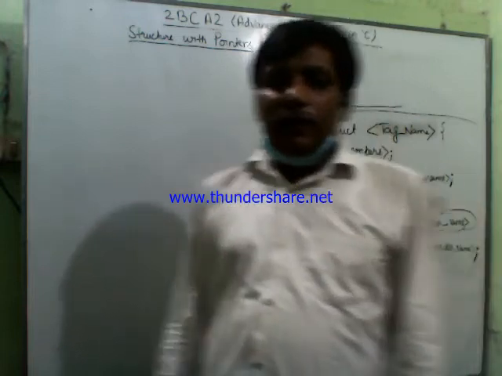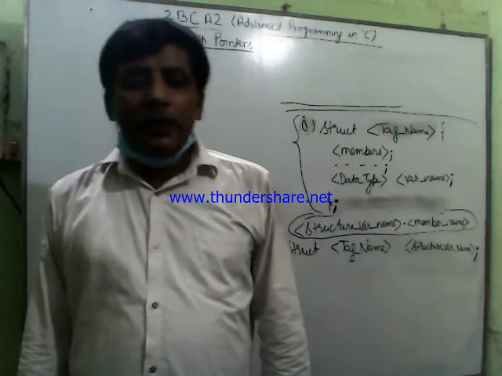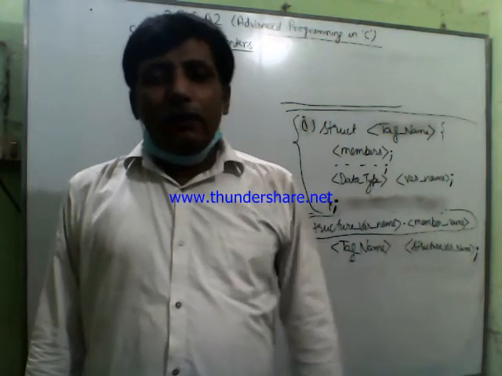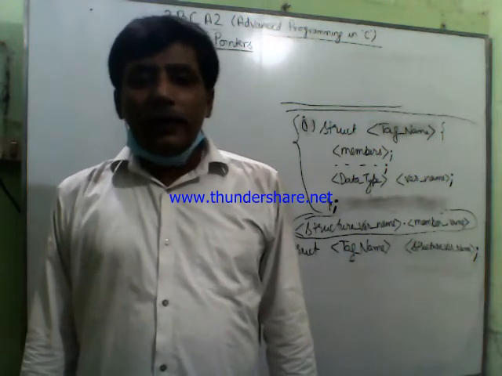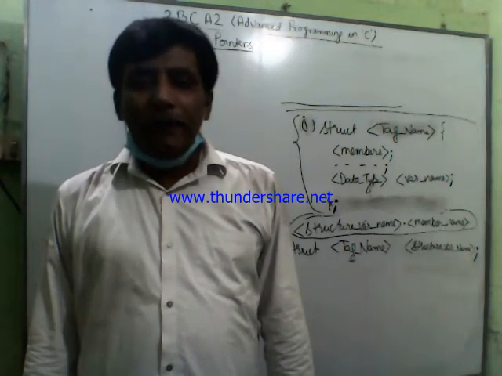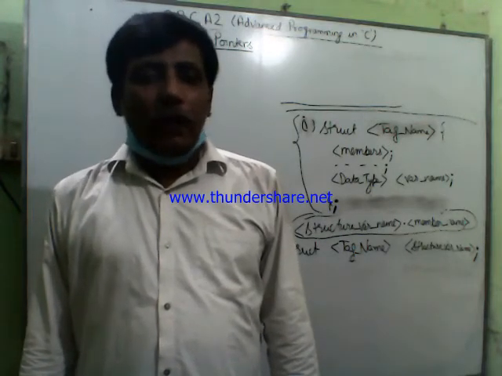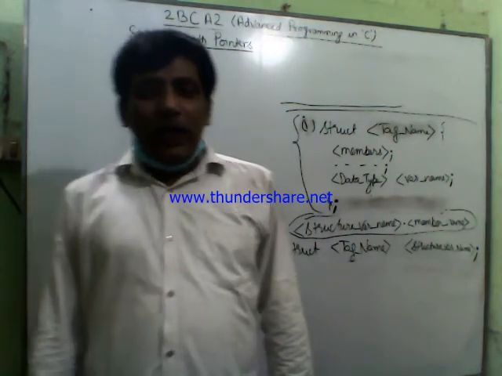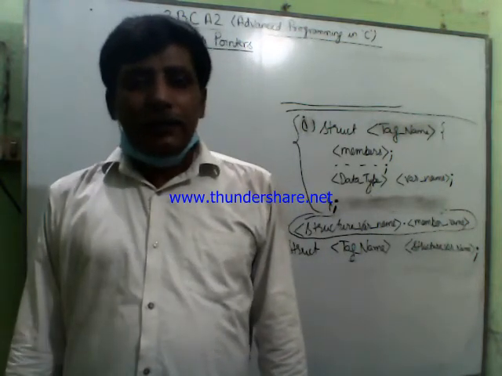Suppose you have to store a value like 15 to represent the roll number of a student. Then 15 is an integer quantity. To hold such a value during the execution of the program in the computer's memory, you have to declare an integer type of variable in the program. To declare an integer type of variable, you can use the int data type that already exists in C language.